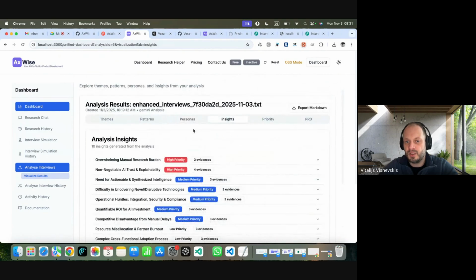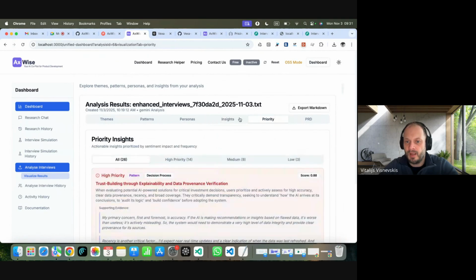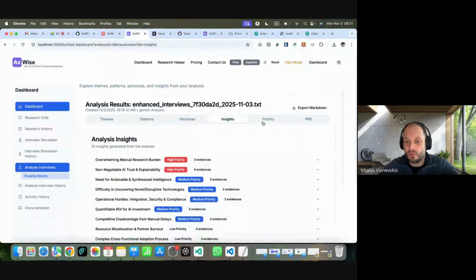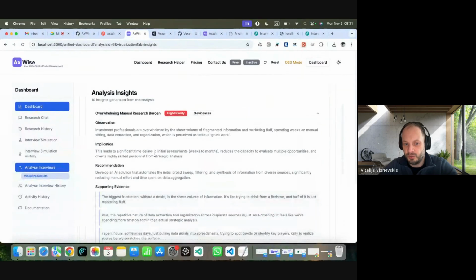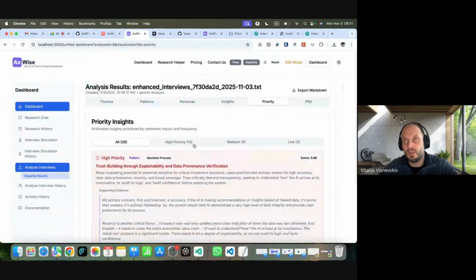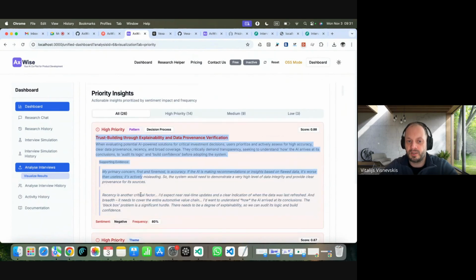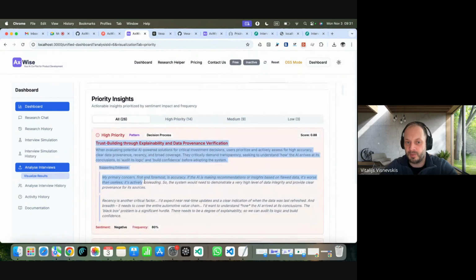It's not clear what to do with this information, so it gives you insights to recommend how to process the information better, and then prioritizes insights. So what's the first thing you're actually interested in? It's a little different from the themes, for example. Trust building through explainability and data provenance verification is the most important.